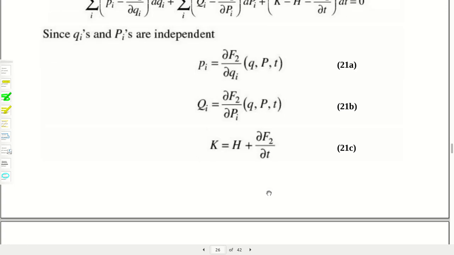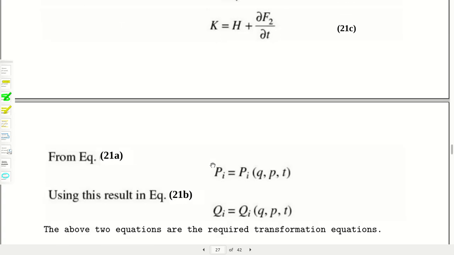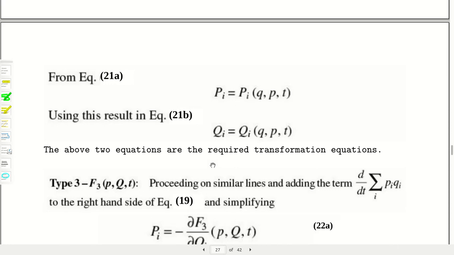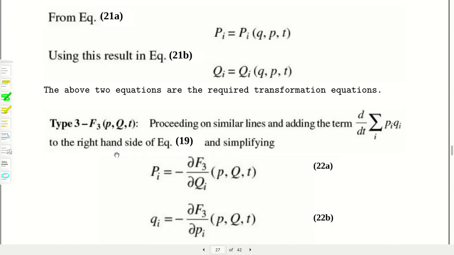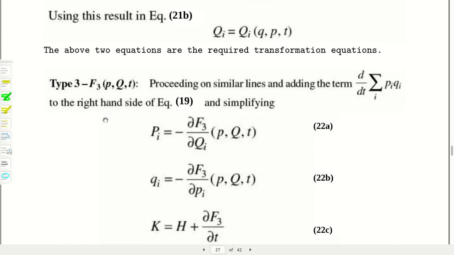And as we have discussed, if we don't take any time explicitly, then this will be 0. The same Hamiltonian reflects to the new coordinate system once again. These are the advantages of the generating function f2. So by proceeding in the same manner, by adding some different terms, as it is written here, you have to do it on your own.